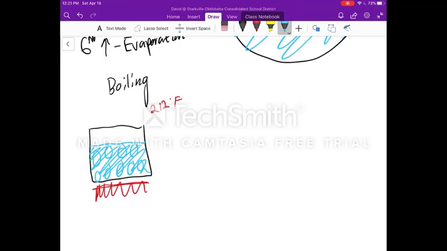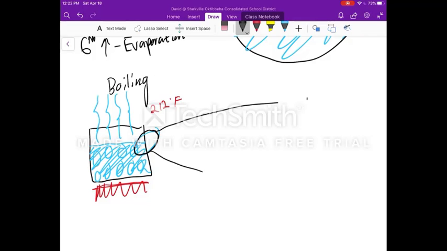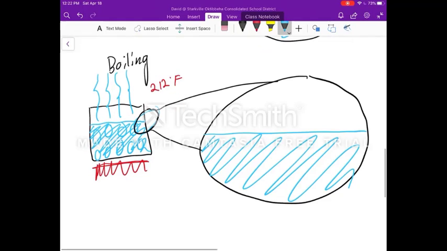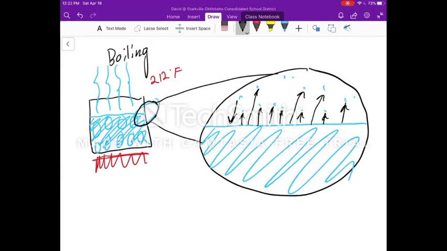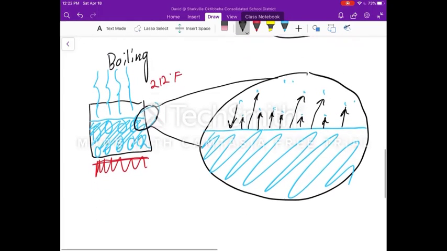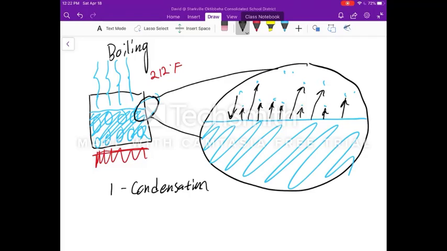We've got the bubbles of steam coming off, and we can feel the heat, but we can also see the steam coming off. So now, if we look at that boundary layer, we're going to see almost all evaporation. The rate of evaporation is going to be so much more. So we're going to have like 1 molecule in condensation right here,